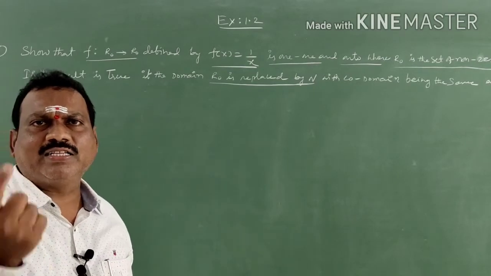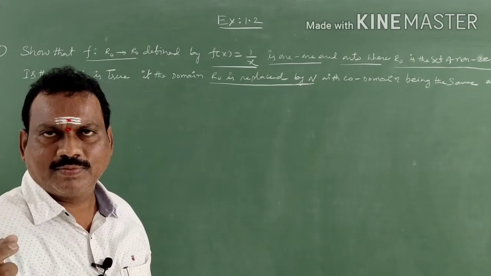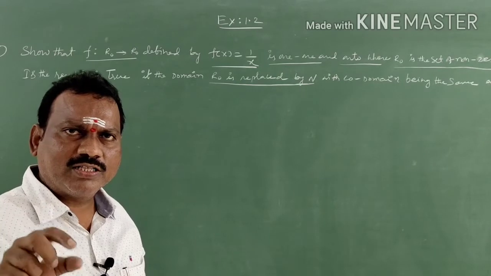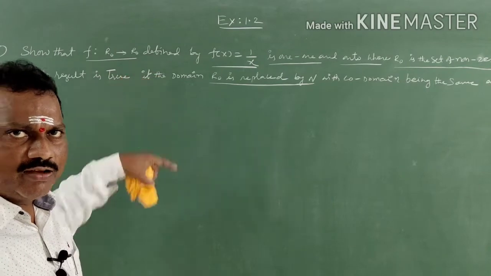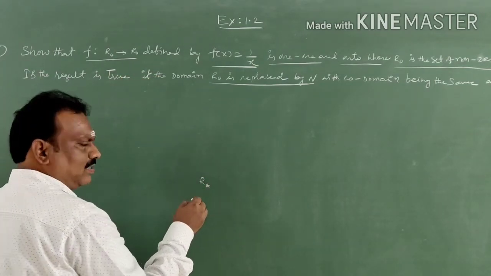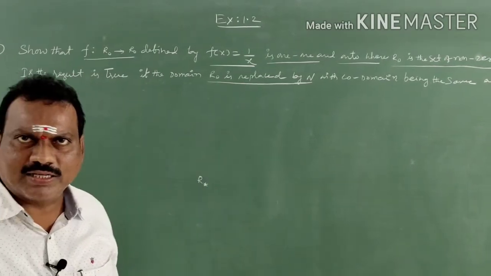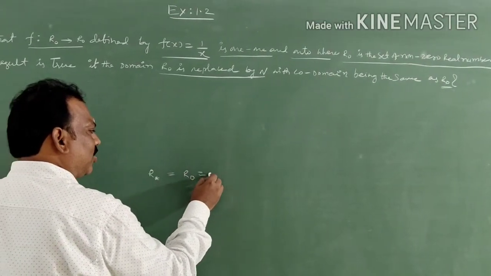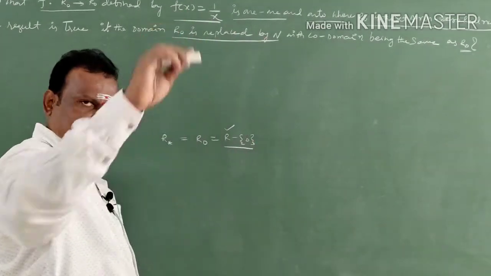R means, you know very well, real numbers. In the real numbers, R0 means except 0. Understood, students? We have positive real numbers, negative real numbers, including 0 also. They excluded 0. That is the meaning of R0. In your textbook, it is denoted with R star, which is nothing but the set of non-zero real numbers. That means all real numbers except 0. We can denote it like this also: R minus the set of 0. All real numbers excluding 0.